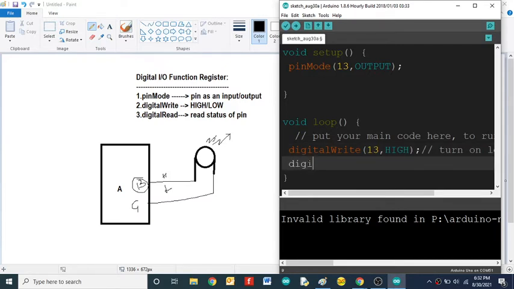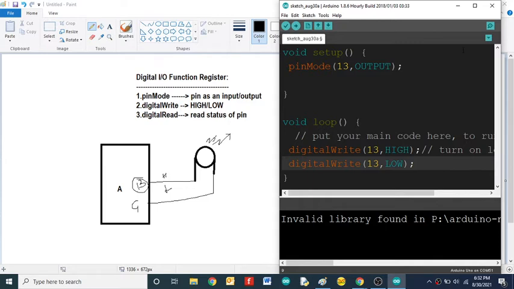For turning off, we have to use digitalWrite again, because digitalWrite will provide two level logics, the high level and the low level. So digitalWrite(13, LOW). This is the basic programming to blink an LED. Here you are making the particular pin an output, and within the loop we provide a high level logic signal, and after that a low level logic signal. Now it will blink the LED. Let's see if it gives the correct result or not.